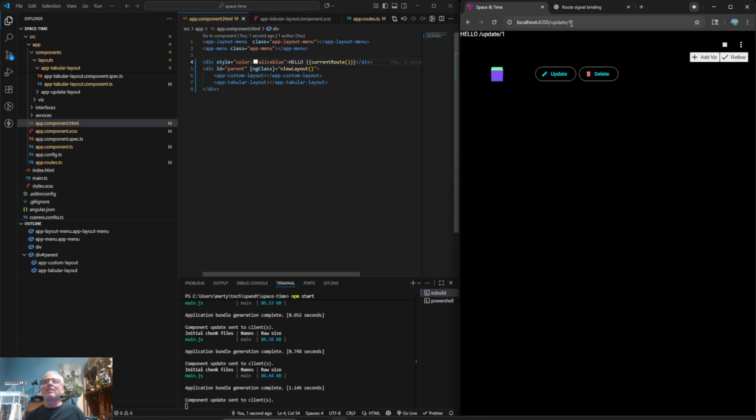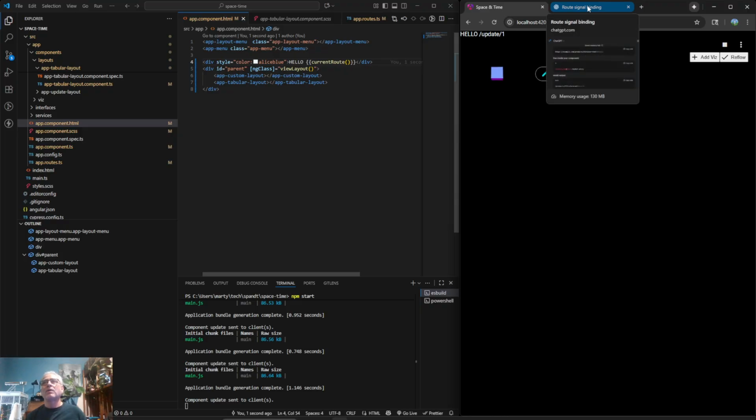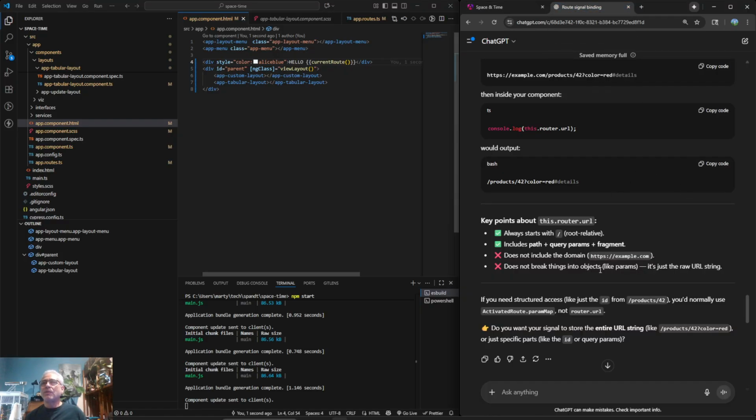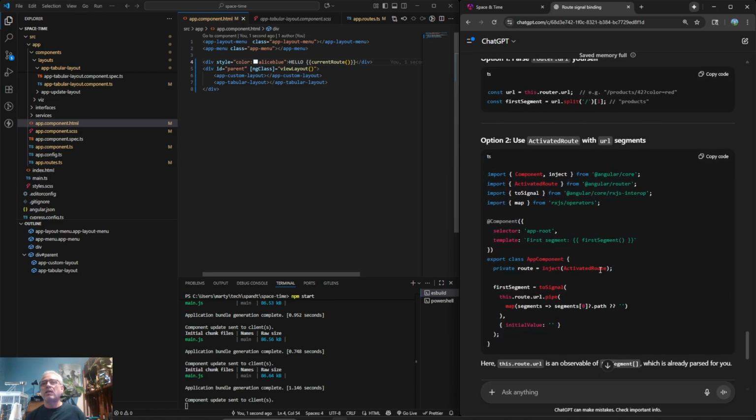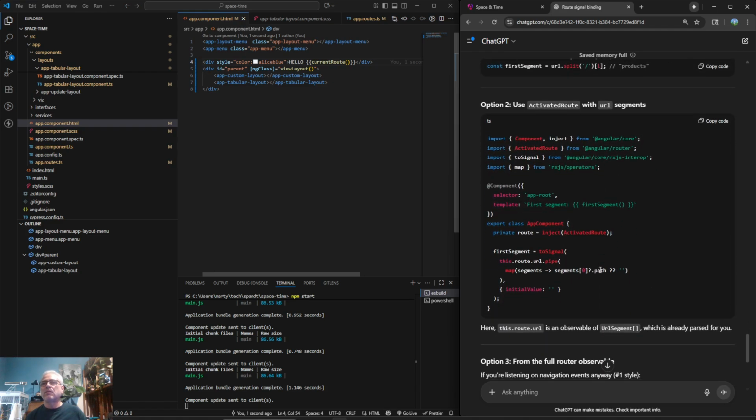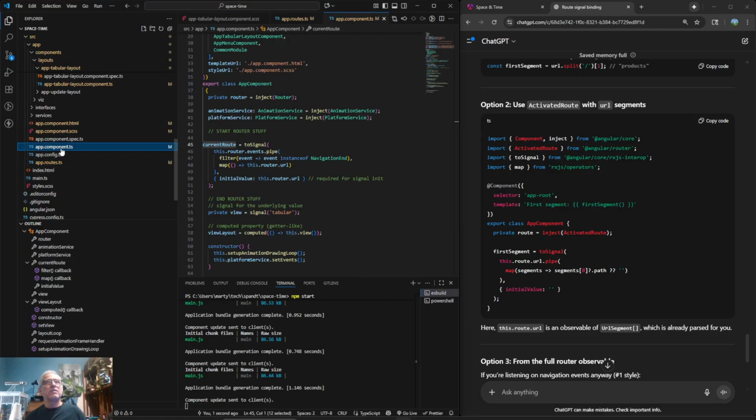But anyway, we want this to just read update without any slashes, and we don't want the 1. So we want this code here. And here they called it first segment. Let's go look and see what we did here. And again, this code here,